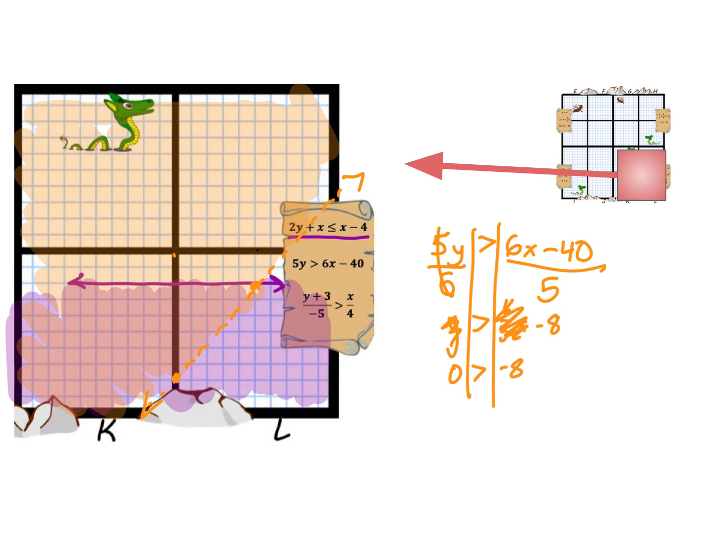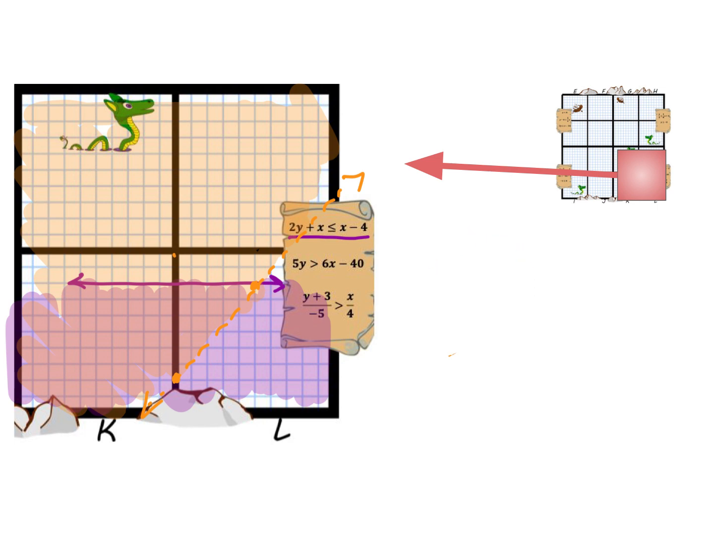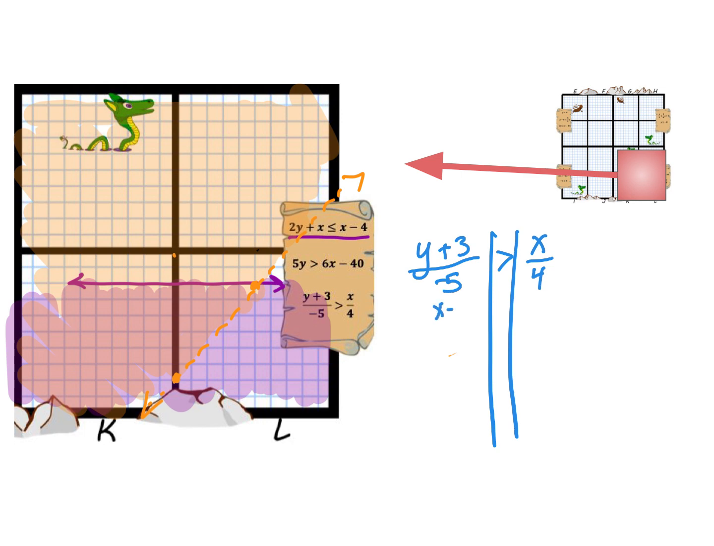The last one I'll do in blue. Let me erase really quickly so I have some room to write. Okay, the blue one, y plus 3 divided by negative 5 is greater than x divided by 4. All right, so since I want to have y alone, I'm going to multiply times negative 5 on both sides. I am multiplying times a negative number, so I need to change the sign. So I'm going to go ahead and change the sign right now, so don't forget